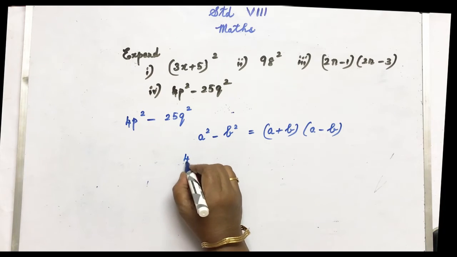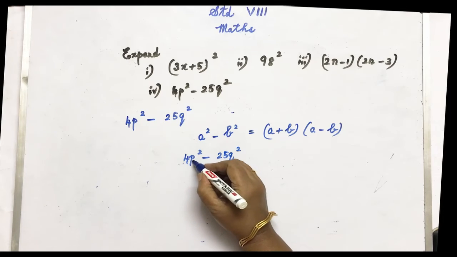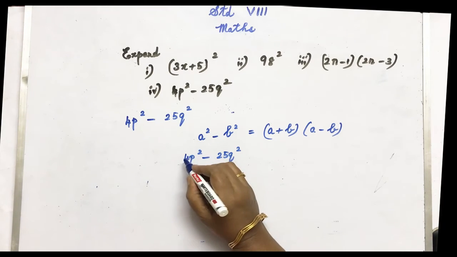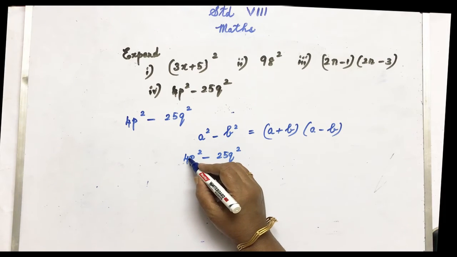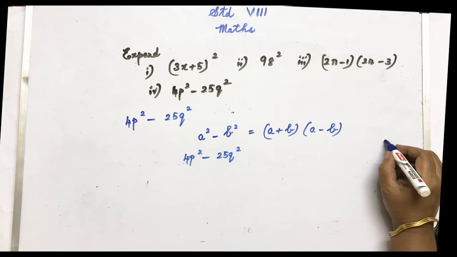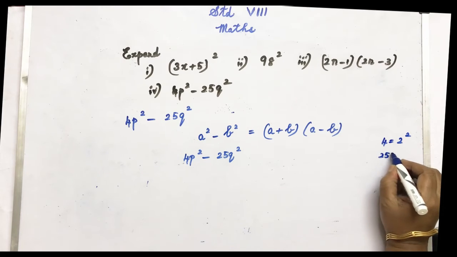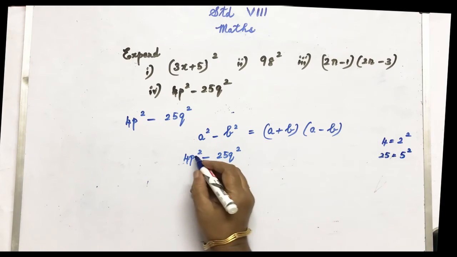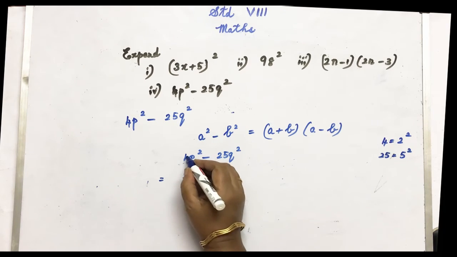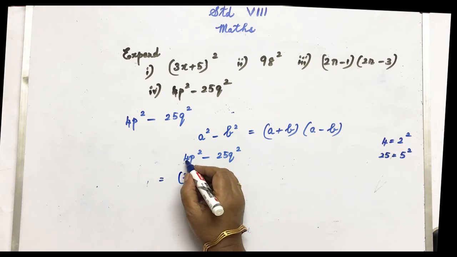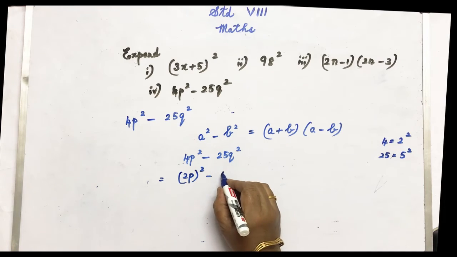Now this 4p squared minus 25q squared. Here we are having squared only for p. The 4 also should be written as a number squared. So which number squared is 4? 2 squared is 4. So 4 is equal to 2 squared, and 25 is 5 squared. So this can be written as 2p whole squared. This should be written as a square number. In the same way 25 should be written as a square number. So we will write